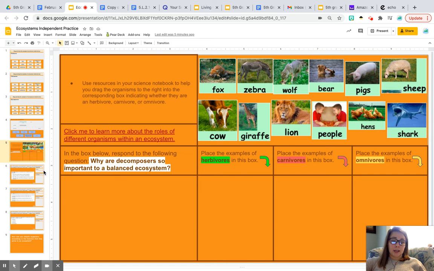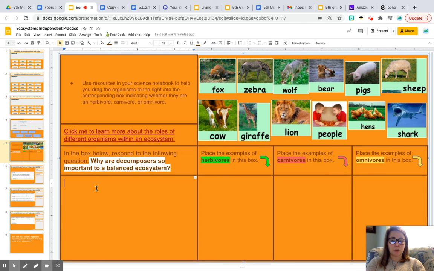Lastly, or not lastly, we still got a couple more slides. On slide 5, you're going to answer this question here below. Why are decomposers so important to a balanced ecosystem? So you're going to start by typing part of the question in your answer. So decomposers are important to a balanced